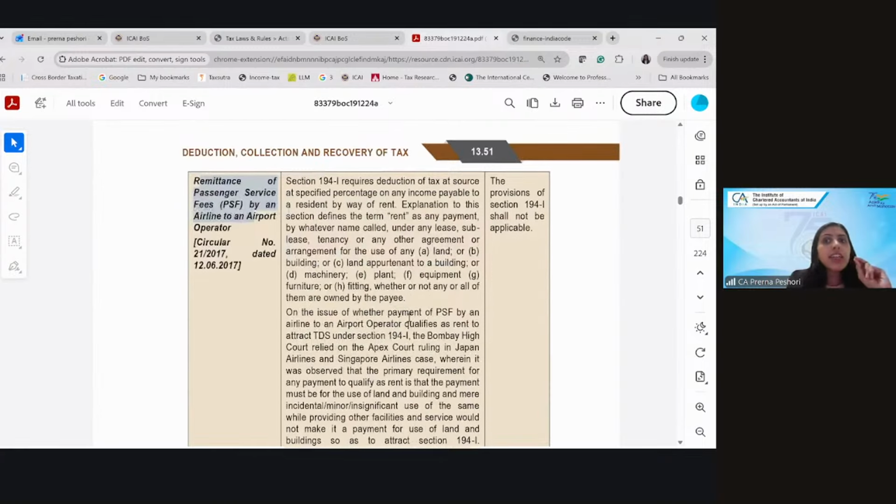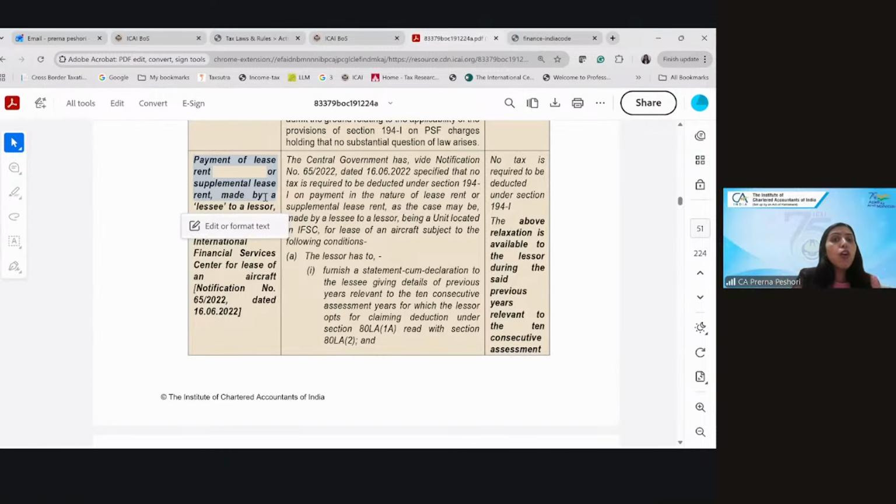Next is payment of lease rent or supplemental lease rent made by a lessee to a lessor, being a unit in IFSC, for lease of an aircraft. So any lease rent or supplemental lease rent which is made by a lessee of the aircraft. So when you take the aircraft on lease, and if it's a unit of an IFSC,